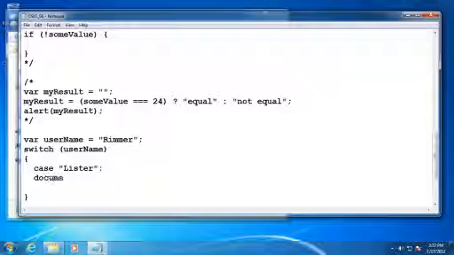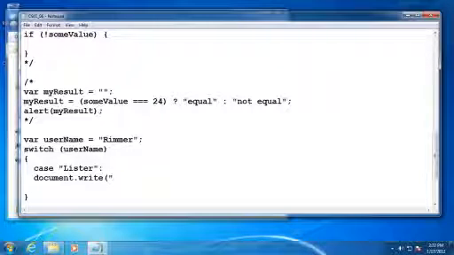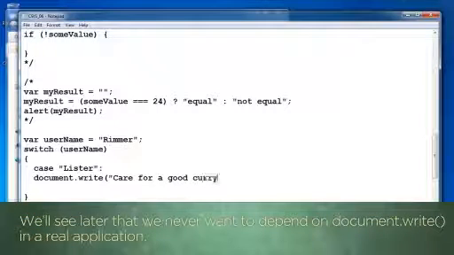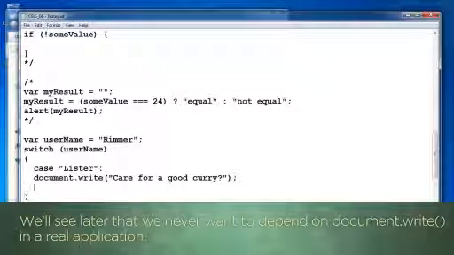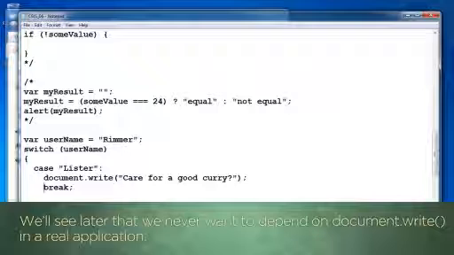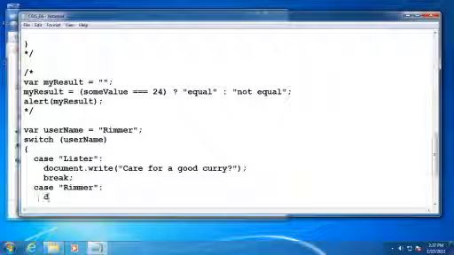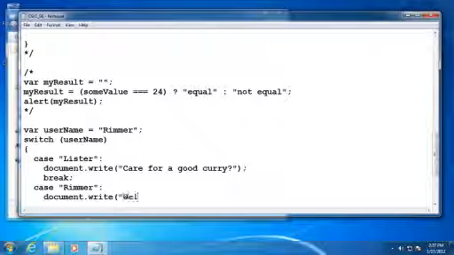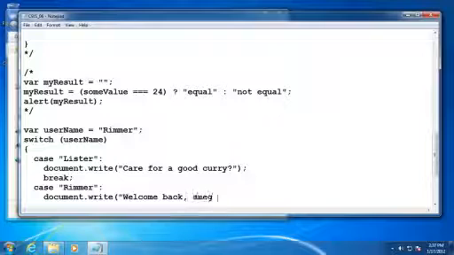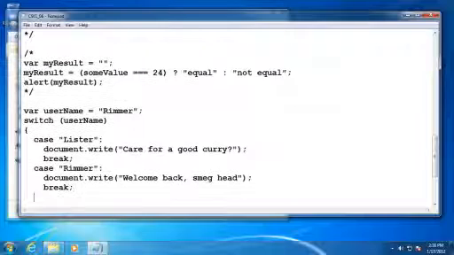And here I'm going to use document.write. We haven't used this yet. And it's just going to append some information inside of the web page itself. It's not going to pop open an alert box. It'll just write it at the very top of our HTML page. All right,